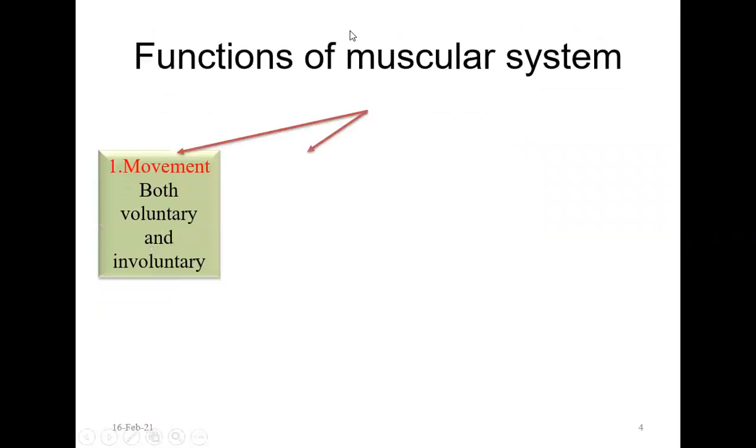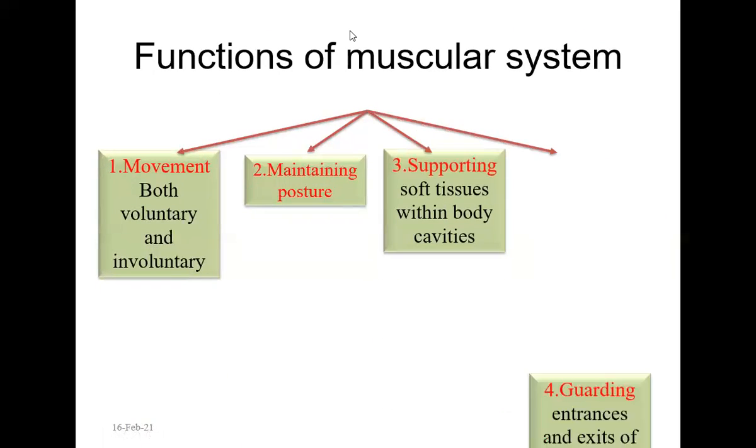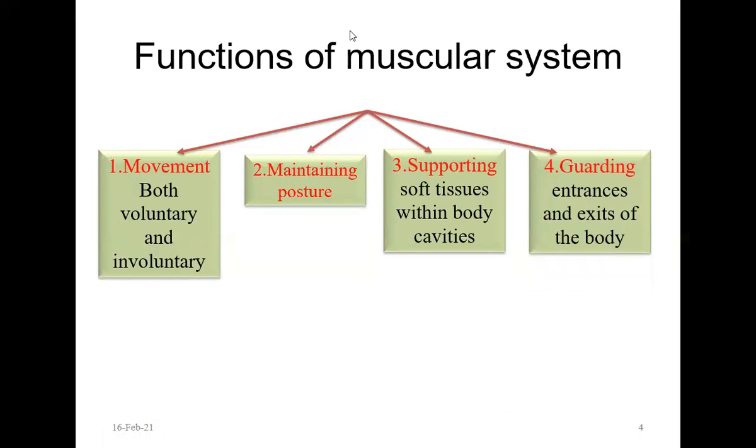Now coming to the functions of the muscular tissue. Why do we need muscular tissue in our body? We already have the bones. We have already studied the skeleton, axial and the appendicular skeleton, as well as the junction between the two bones, which is called the joints. Now, why do you need muscular tissue? Now we'll study what is the importance.